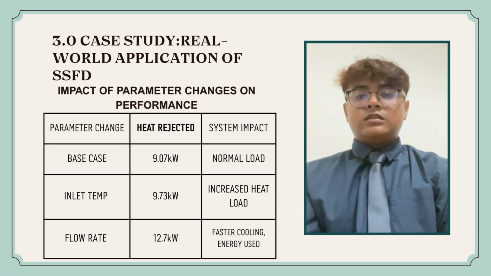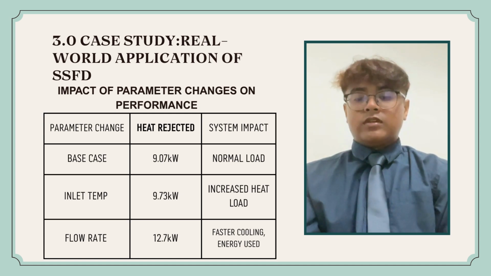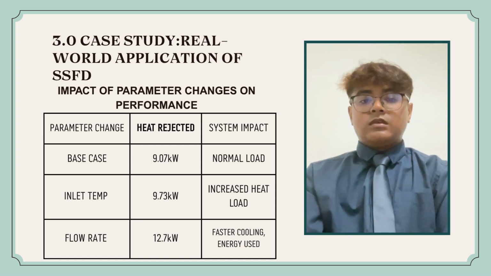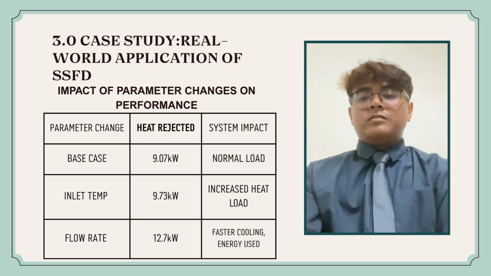If we increase the inlet temperature from 80 to 90 degrees, the enthalpy increases, and so does the required heat removal. The new heat rejection rate becomes approximately 9.73 kilowatts. This creates a heavier load on the condenser, which may lead to reduced efficiency or overheating if the airflow or